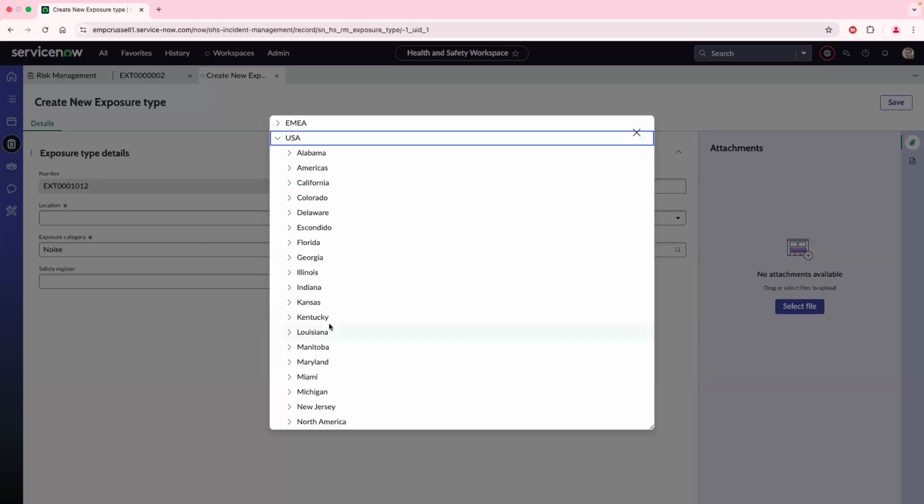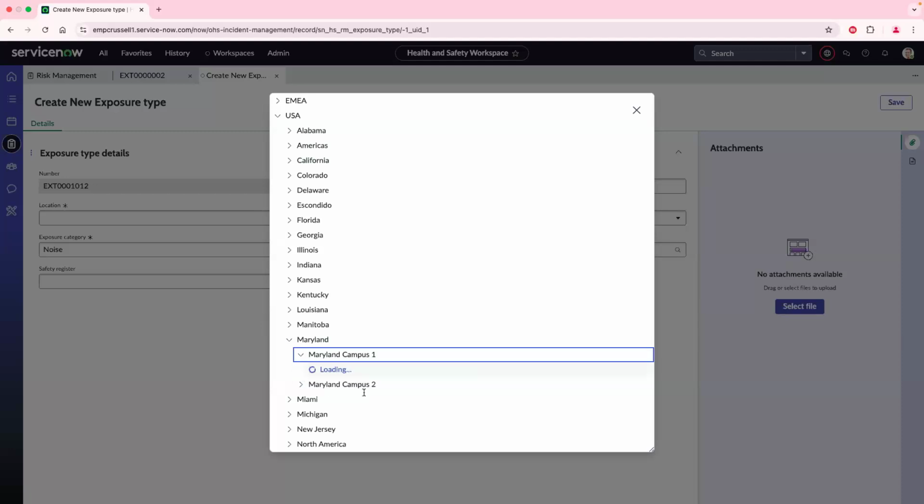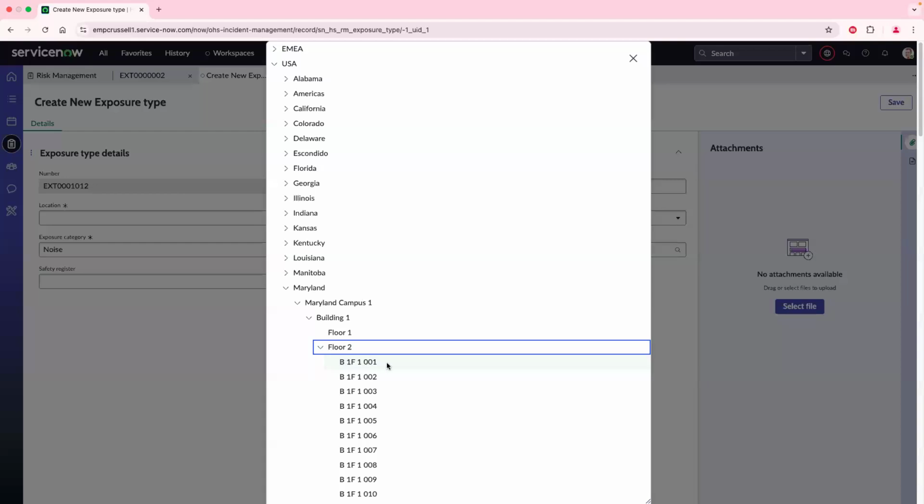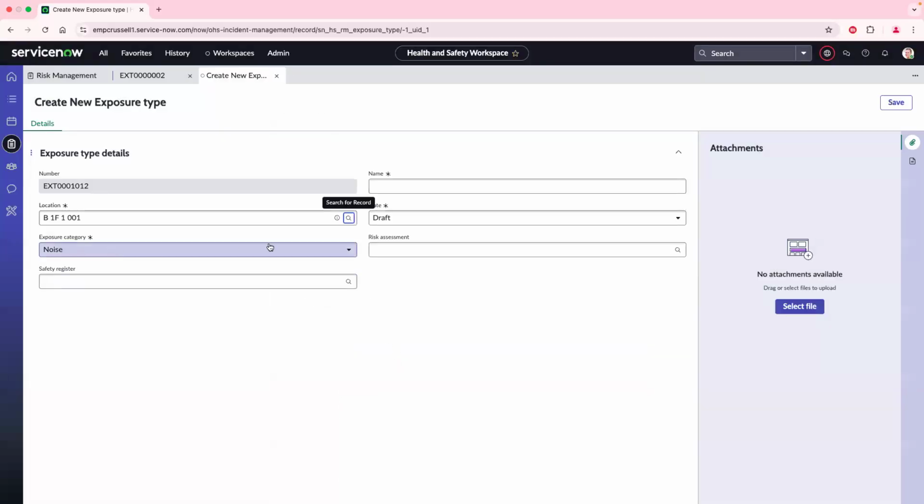So that's why we provide flexibility to have more granularity in where this exposure is, or where the source of the exposure is. Say the piece of equipment, and your customers can be more granular with that. So we'll just choose Maryland Campus 1. We can have buildings, we can do floors, we can do rooms and spaces and areas, really identifying where exactly this exposure is. Next, we'll choose our category here, and we'll do our name,